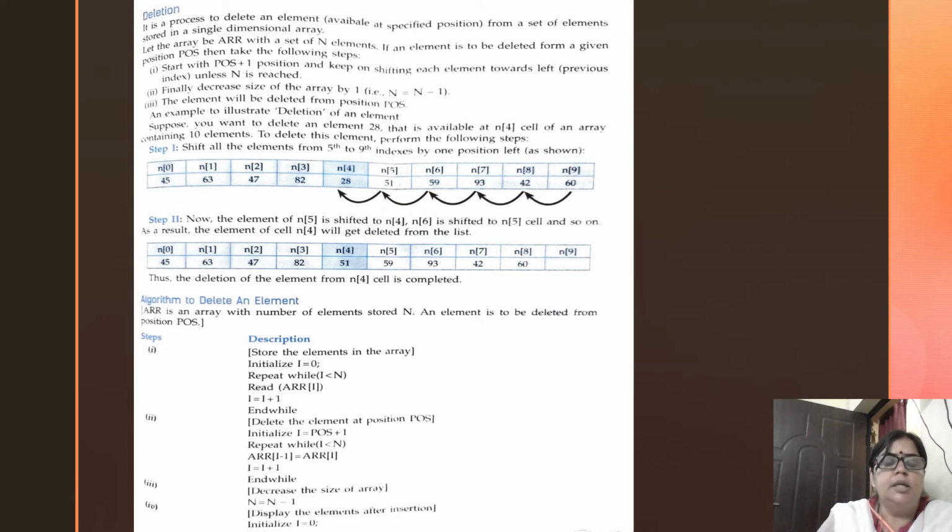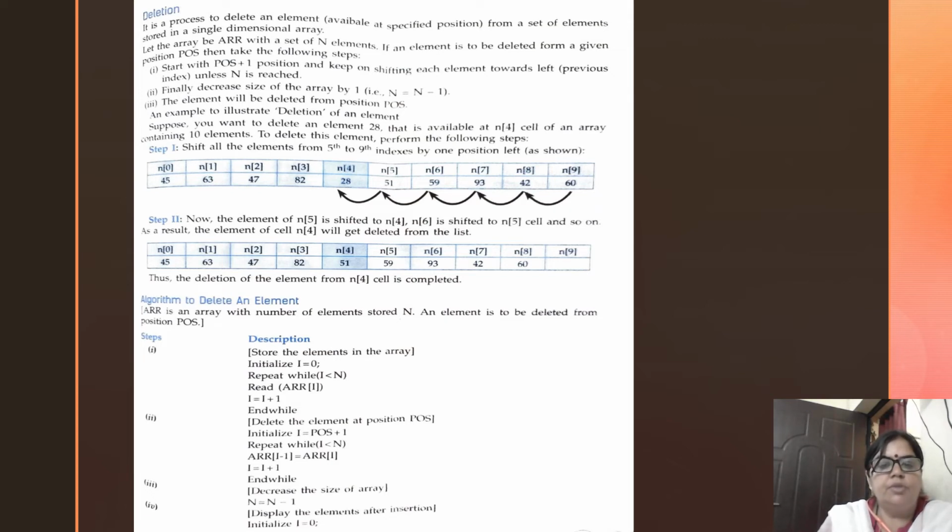To delete the element, perform the following steps. First, shift all the elements from the 5th to the 9th index by one position. See how we have to shift the elements like this. Here the deletion of the element from N4 is completed.